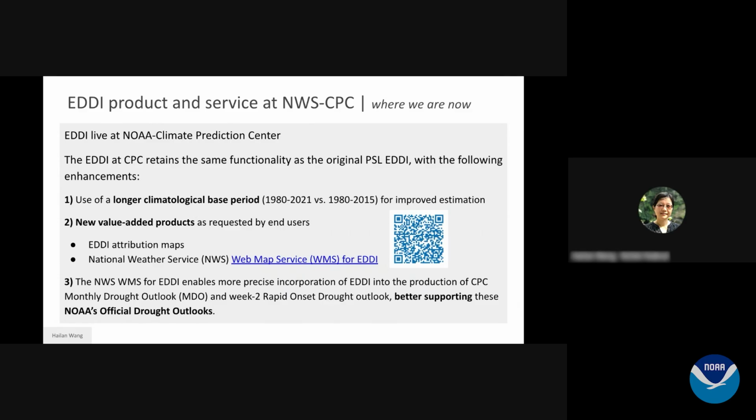But now we have this web map service for EDDI and the corresponding TIFF file. So these just really enable CPC drought forecasters to overlay the EDDI maps of different timescales with numerous other inputs, which also use a form of maps. So for each specific region, they will be able to just review the numerous input, including EDDI, and apply their expert assessment to forecast the drought conditions at the subseasonal timescales. Next slide.